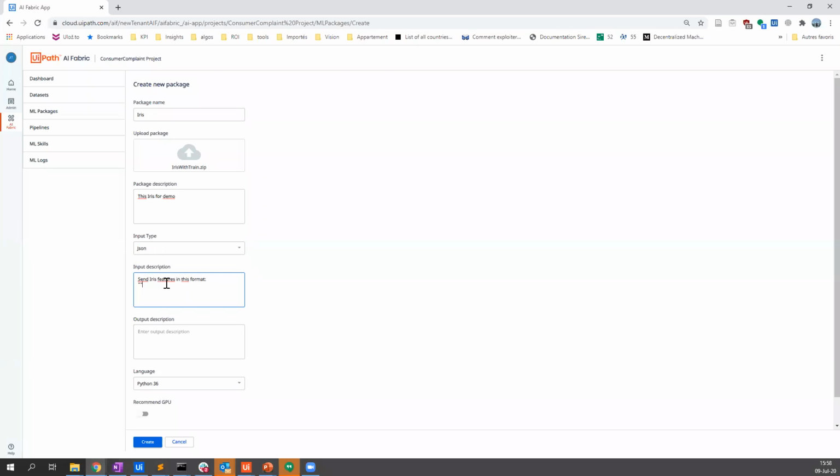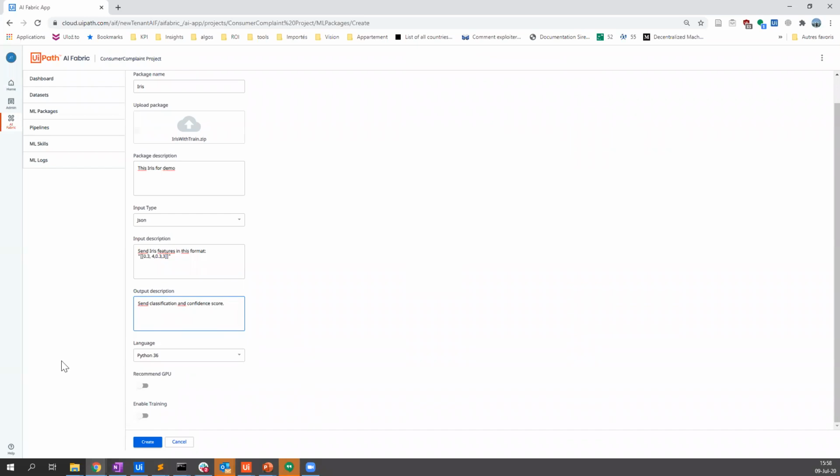And it's always a good practice to just give an example of what you expect. You can do something like this. Because this is what I expect for this model. And again, here you will have the classification and confidence score. And again, I'm not going to do it, but you can just give an example, and it's always a good practice. And the output will be, again, a string, most likely formatted in a JSON format for most of them.